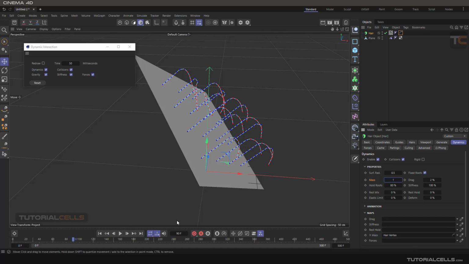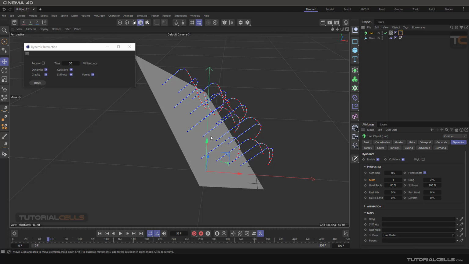I make it 1 and test it again. You can see it means you can see the mass here. It means this hair vertex just is assigned this mass, and the mass means these parts now just are in calculation